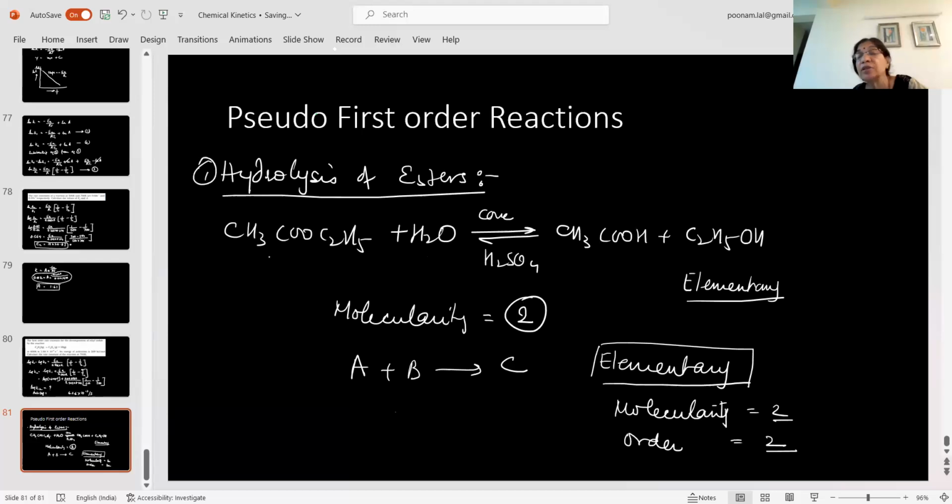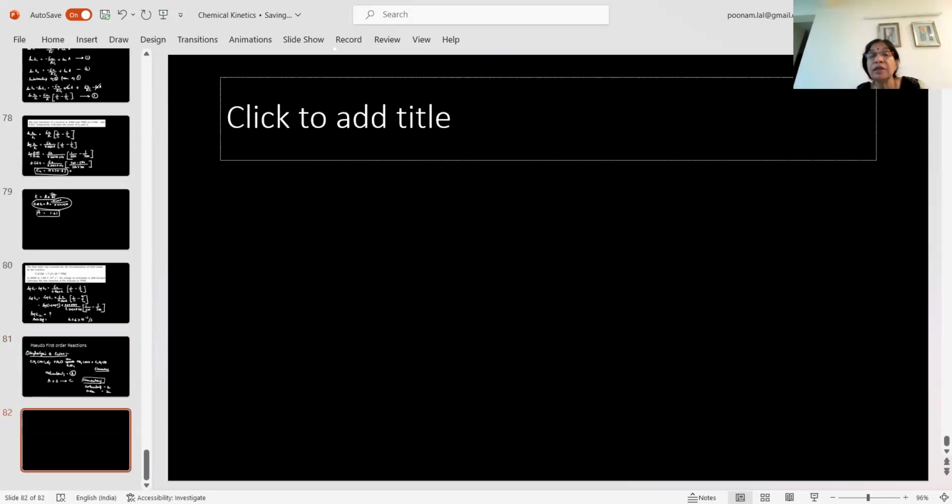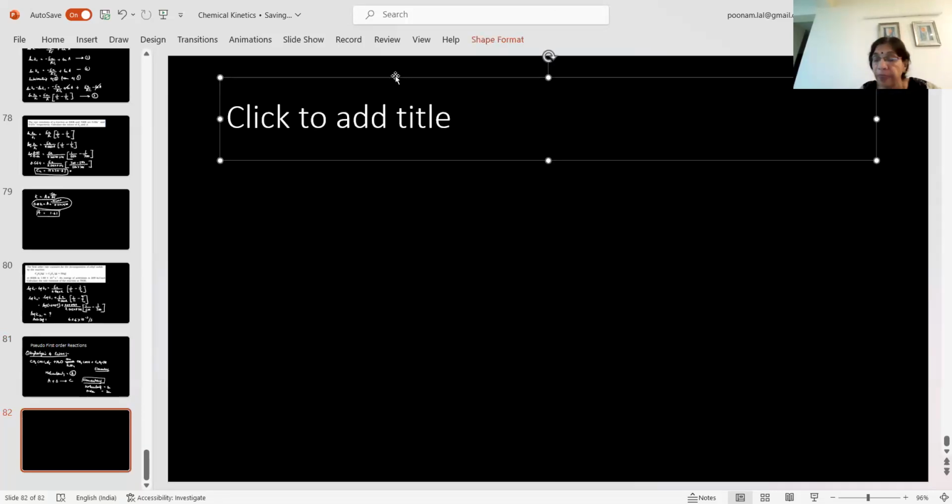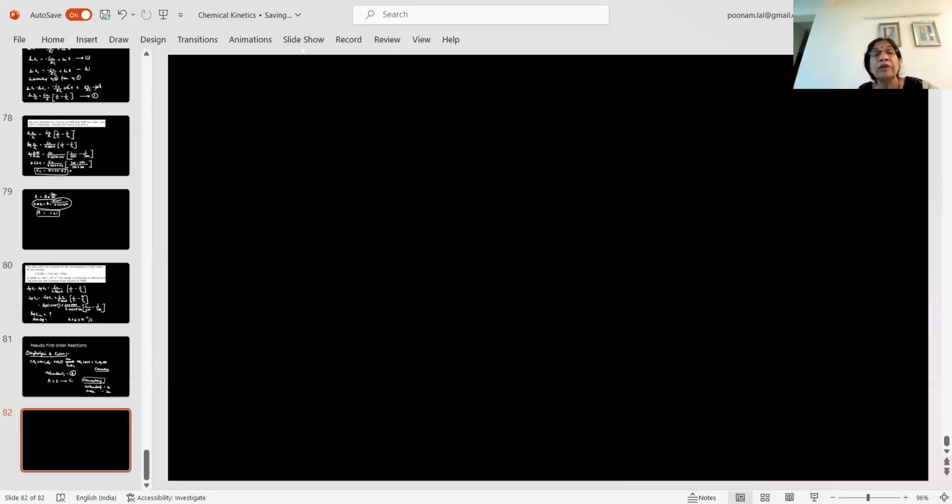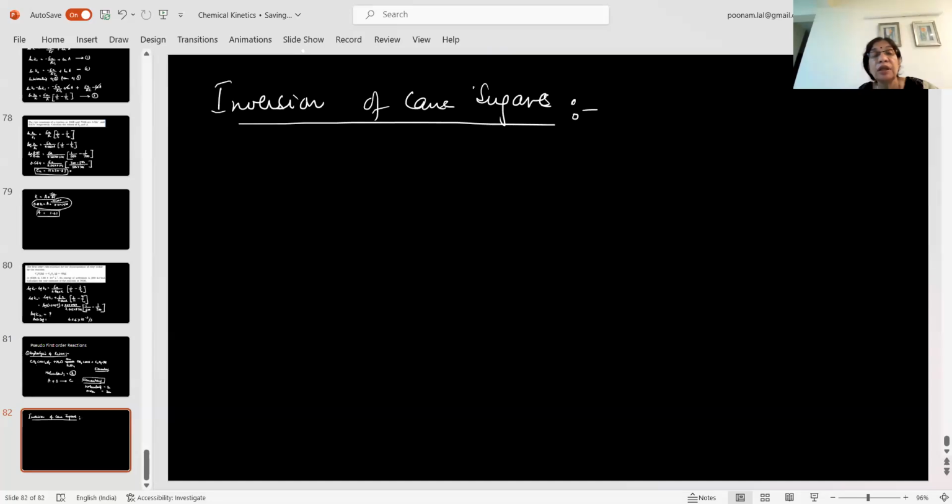So there are only two examples of such reactions. First is hydrolysis of esters, and the second such reaction is known as inversion of cane sugar. Okay, so what is cane sugar? Cane sugar is C12H22O11. When it reacts with water, compared to the concentration of sugar, water is in large